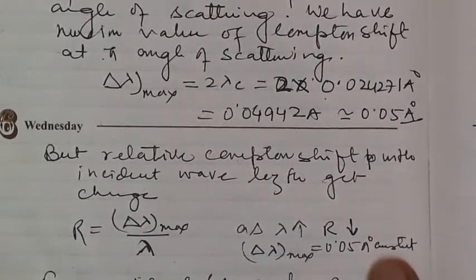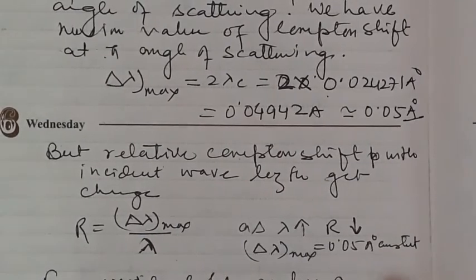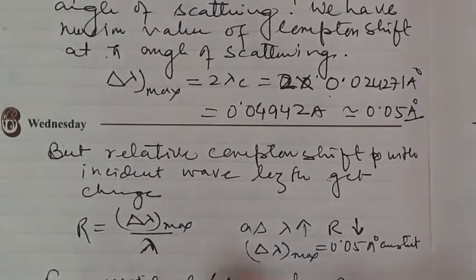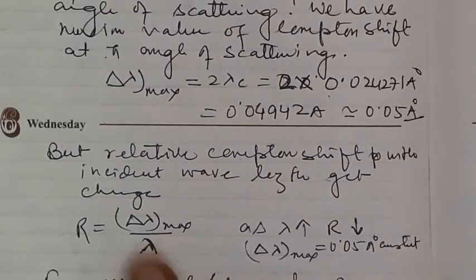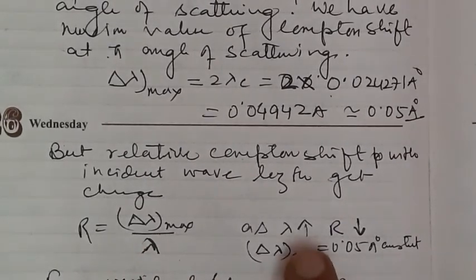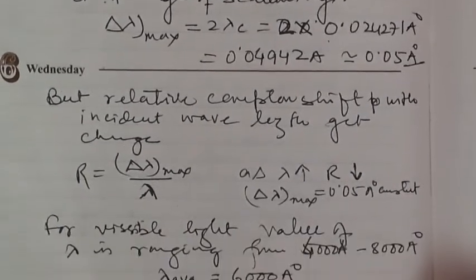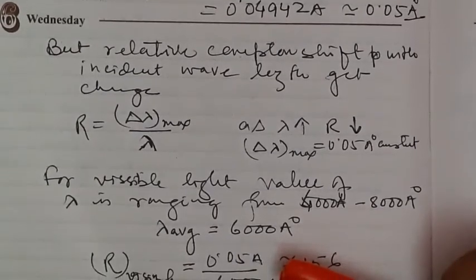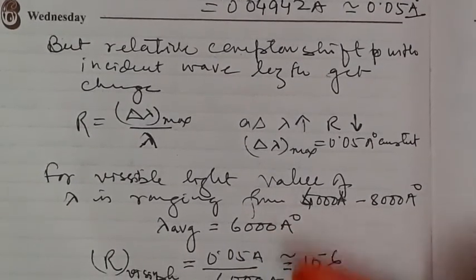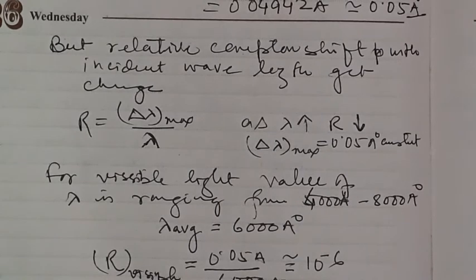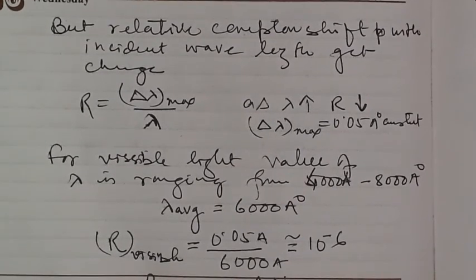and therefore we calculate the relative change in the Compton value, that is delta lambda over lambda dash. For a fixed value of delta lambda, as lambda increases, the ratio R decreases. For the visible range, the wavelength of light ranges from 4000 to 8000 angstrom, the average lambda is 6000, and taking this value, the value of R is 10 to the power minus 6, which is very small. So we can say that the Compton shift